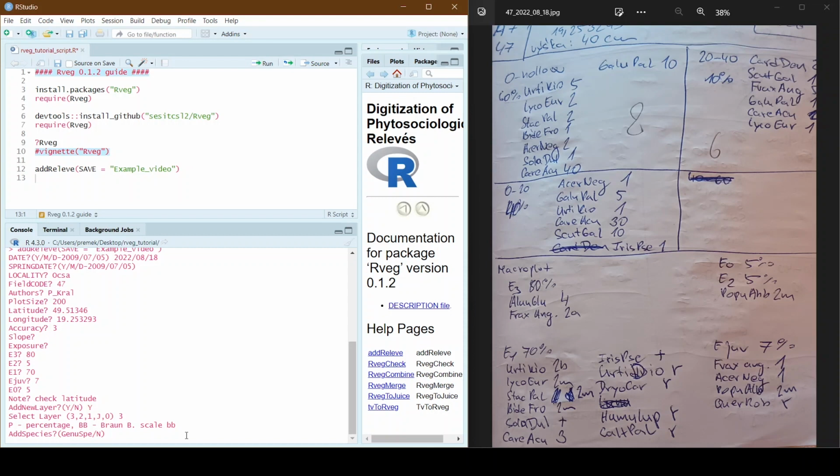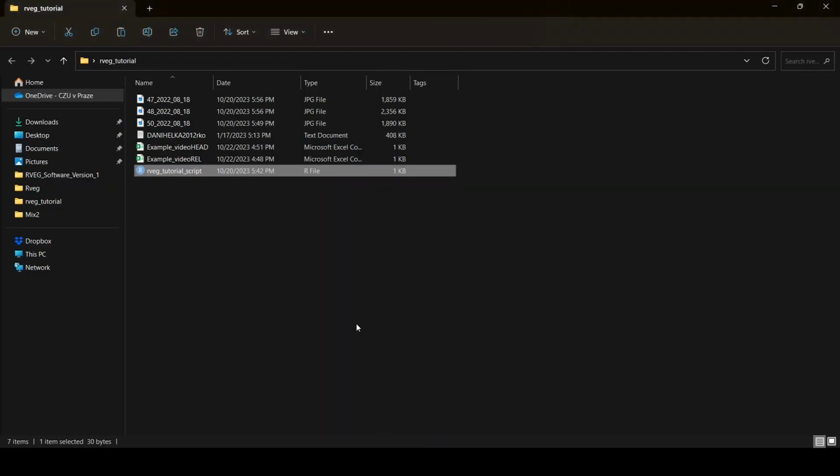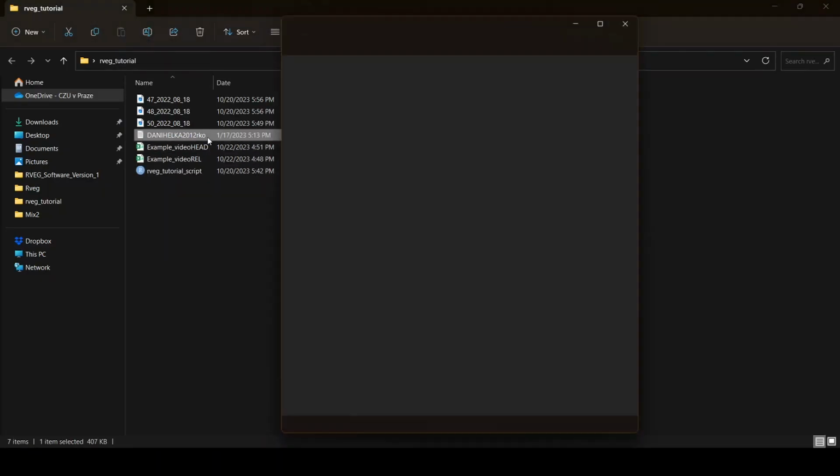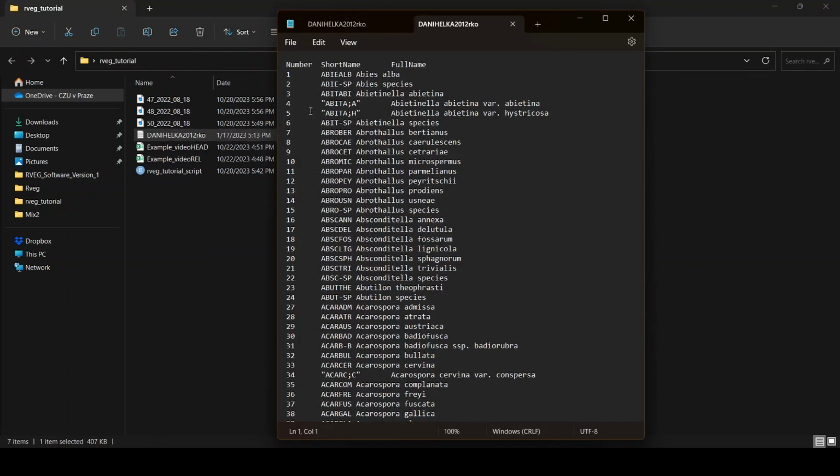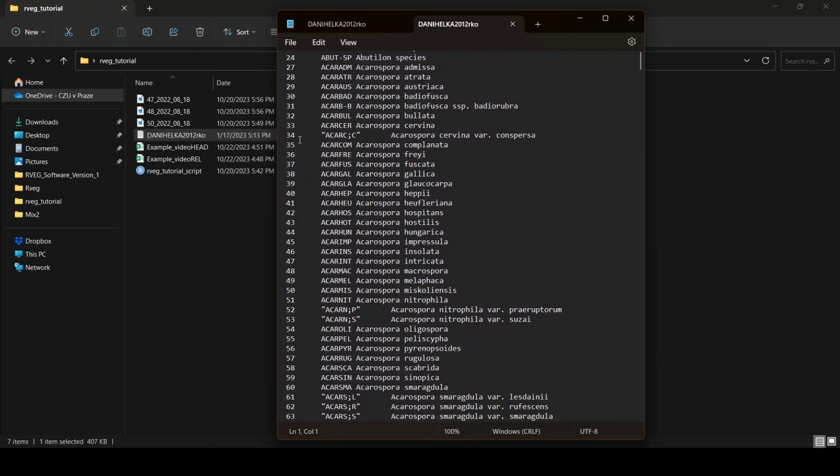Okay, so now adding a species. The way it works is that you write the code of the species which is included in the checklist. We can take a look at that. The checklist looks like this. It's a simple text file with 3 columns. The first one is the ID code for the species. So for example,